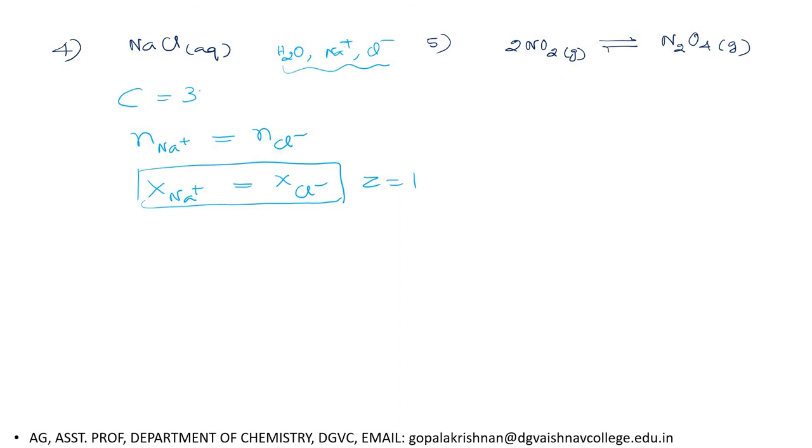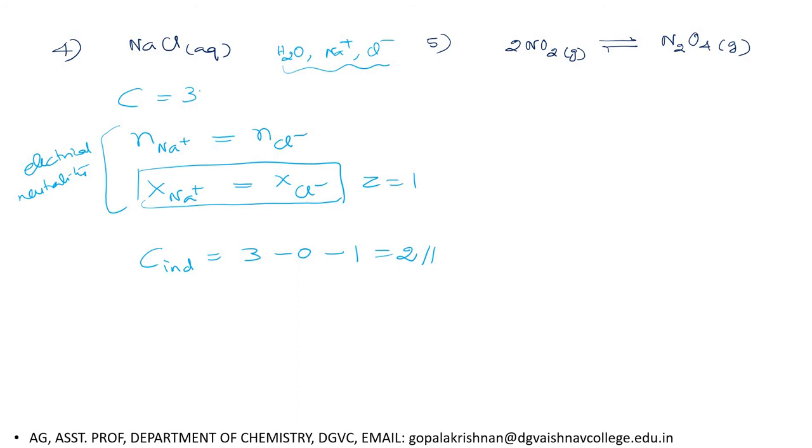So for this system, the number of independent components C is equal to the number of constituents actually present, 3, minus the chemical equilibrium, which is 0, minus the additional condition, which is due to electrical neutrality. Whenever ions are present in the system, this additional condition will arise because of electrical neutrality. So the additional equation is 1, so 3 minus 1 equal to 2. So the number of components in this system is 2.